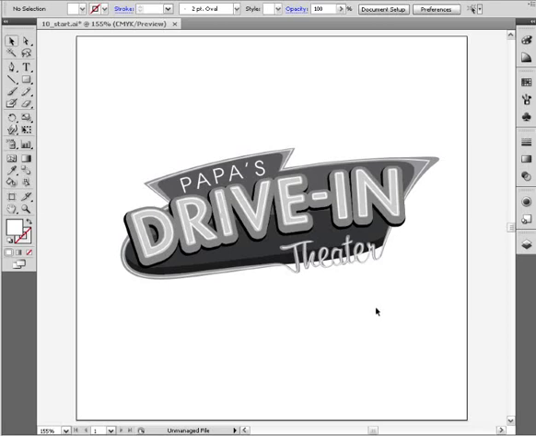Now, the first step in this process would be to clearly define the desired results of this logo. And this step is actually probably going to occur long before we ever start designing the logo itself. It's really in the early stages of project development here, but let's just say when Papa came to us and